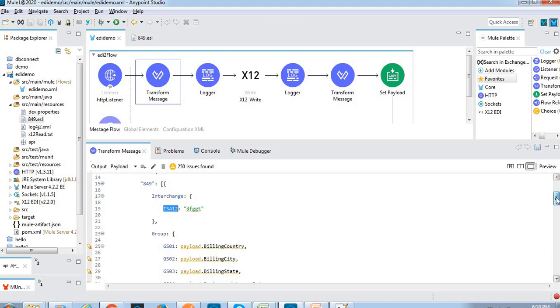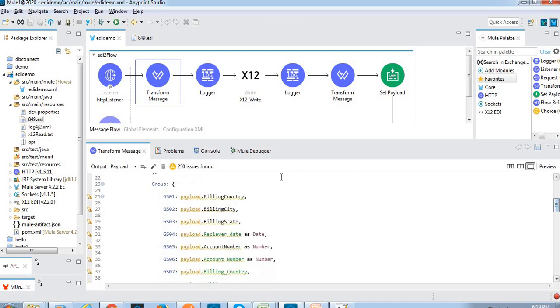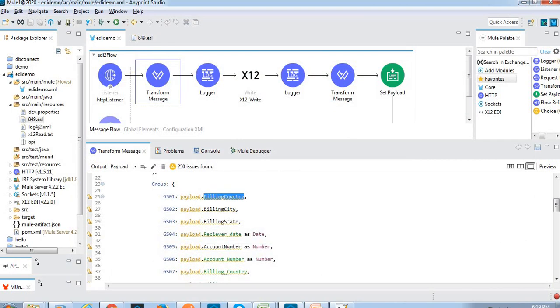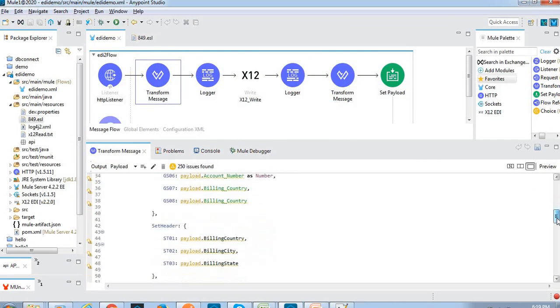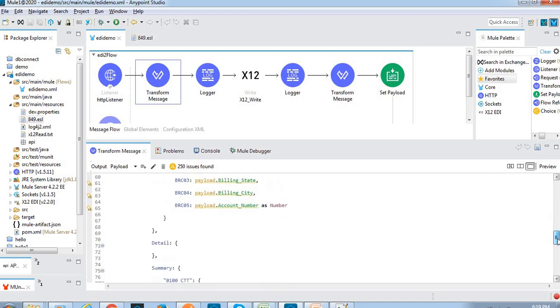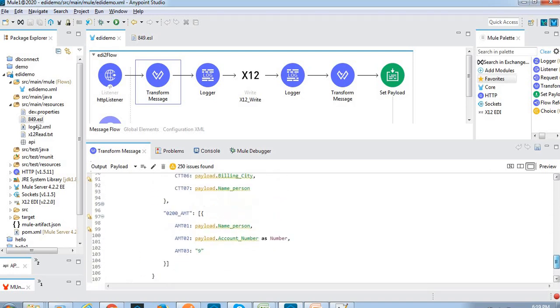In the group we are getting the data from the payload, billing country and billing city. These details are sent by the client, from Postman, where we are sending this JSON data. Like that we have some other set header details, and heading and summary details.